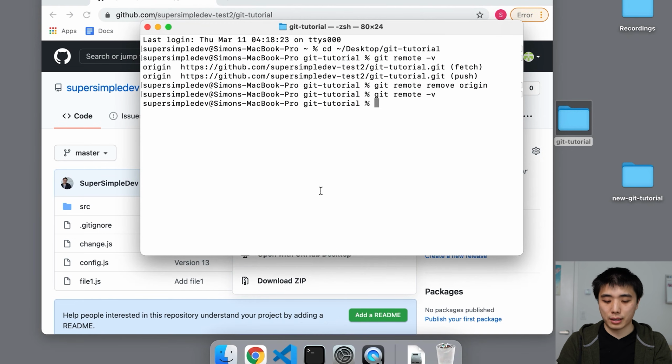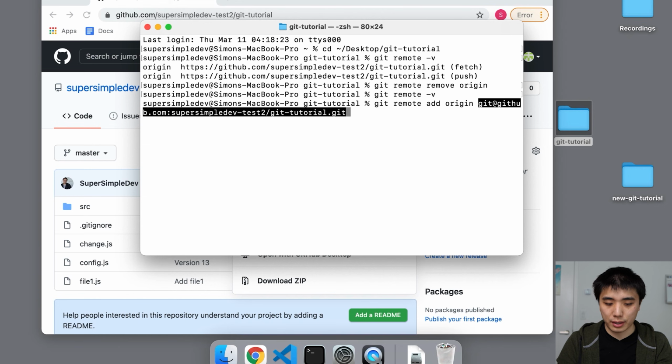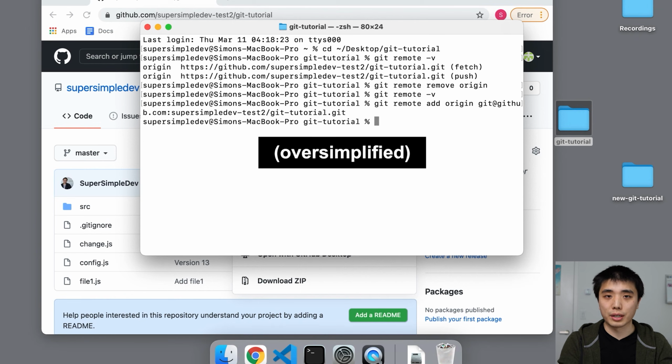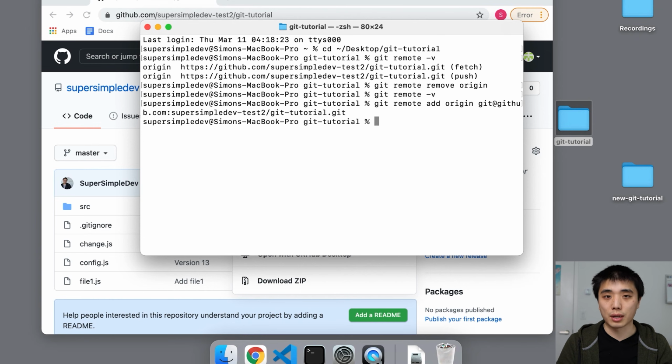and go back into our command line. Now we're going to link our remote repository again, except this time we're going to use the SSH or the git URL. So git remote add, we're going to call it origin again, and we're going to give this URL. Press enter. Now every time we git push, it's going to send our SSH key to GitHub instead of us entering our password. To test that out, we're going to create a new commit, and then we're going to git push again. If you want to, you can pause the video to practice yourself. Otherwise, we're going to do it together.